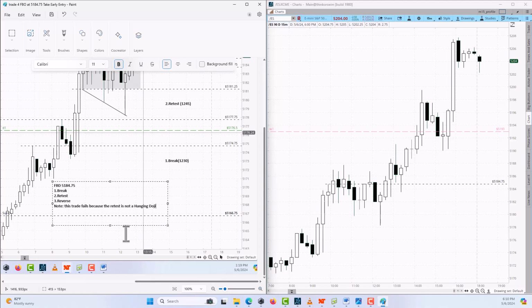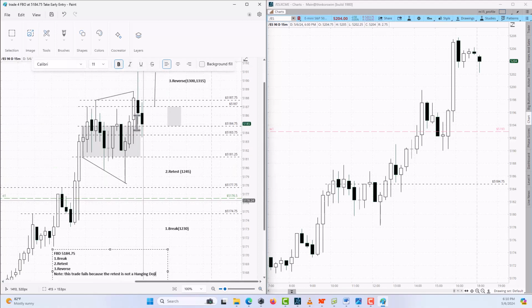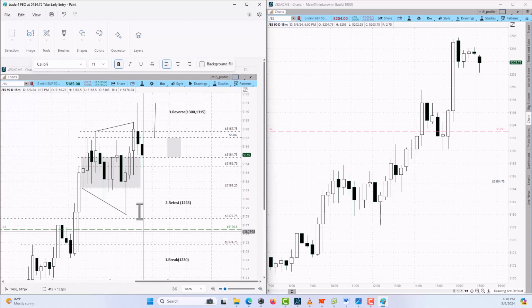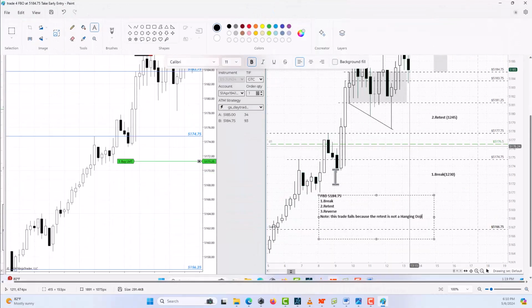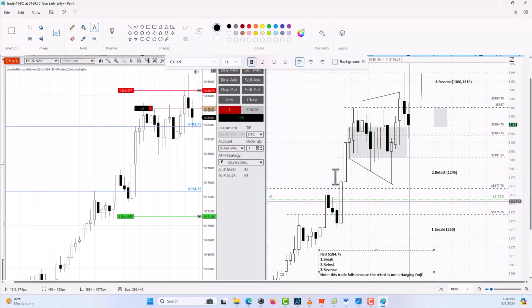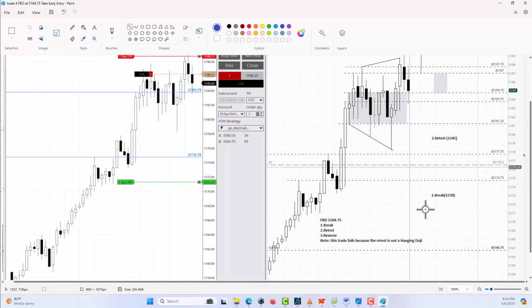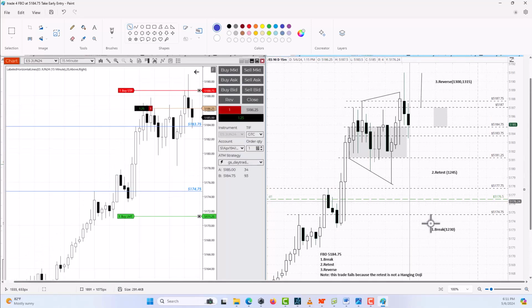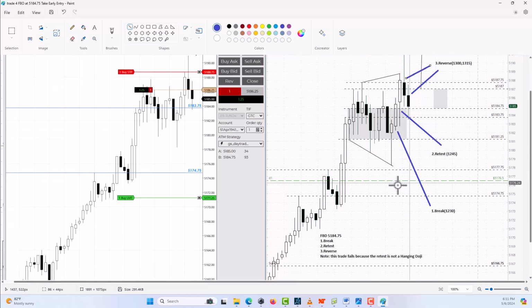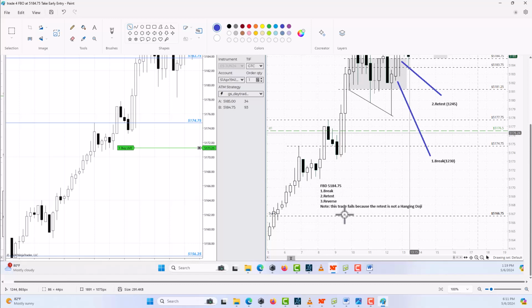Nope, this trade failed because the retest is not a doji anymore. Very simple. We have to make sure it's a doji. Wow, beautiful fail right there. We learned a huge lesson right there. Yep, let's save it. We do have a break, yes, a break. We do have a retest, and we anticipate a reversal on the 2 candle direction like that. But remember, you have to have a doji, otherwise it's very low quality, which is right here.